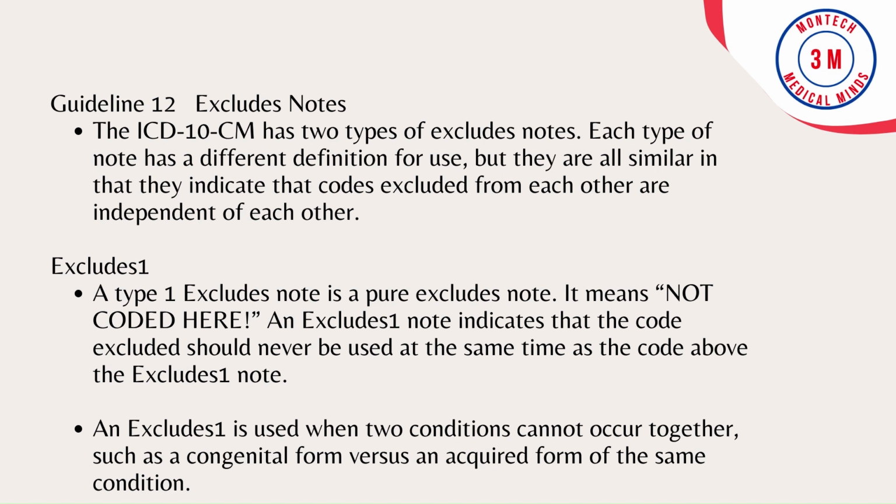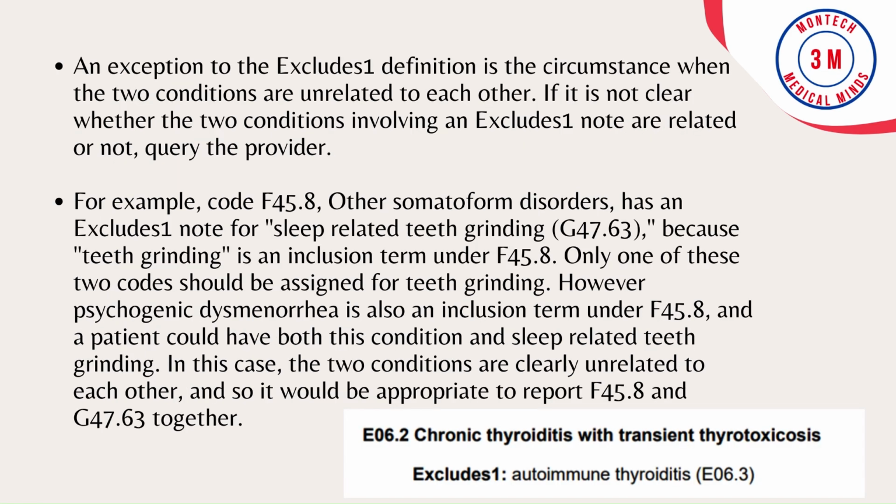An excludes 1 is used when two conditions cannot occur together, such as a congenital form versus an acquired form of the same condition. An exception to the excludes 1 definition is the circumstance when the two conditions are unrelated to each other. If it is not clear whether the two conditions involving an excludes 1 note are related or not, query the provider. For example, code F45.8, Other somatoform disorders, has an excludes 1 note for sleep-related teeth grinding,